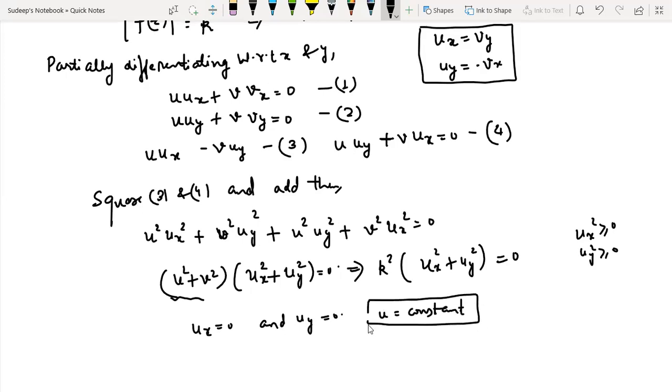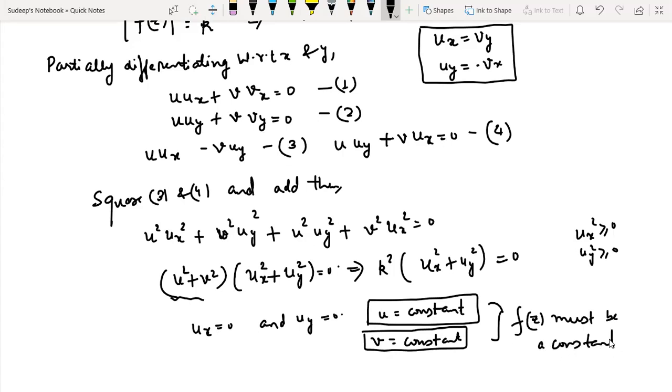If u is constant, then v must be a constant function, because if ux is 0, then vy is 0, and if uy is 0, then vx is 0. So therefore u and v are both constant. It implies that f(z) must be a constant function. Now let us move to another